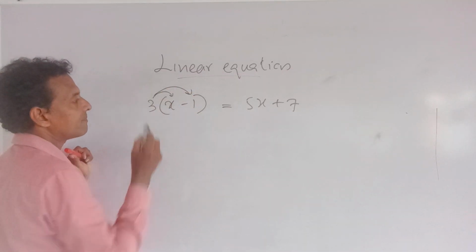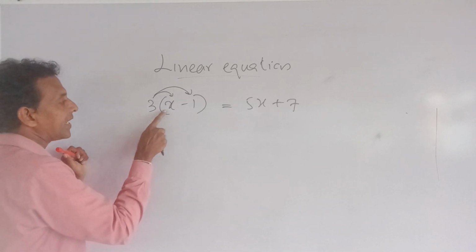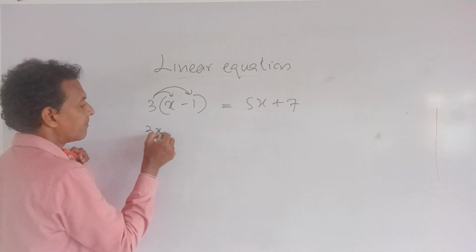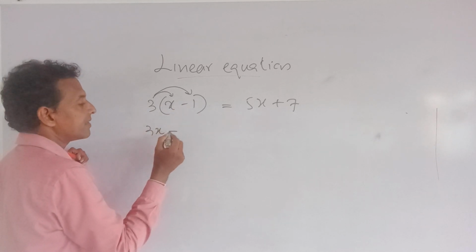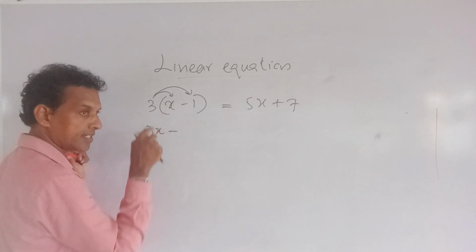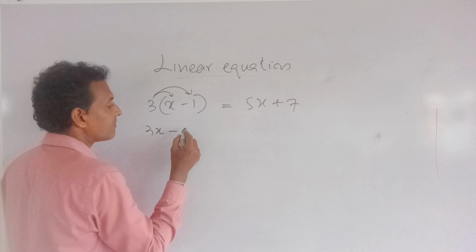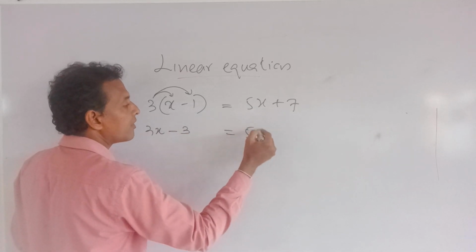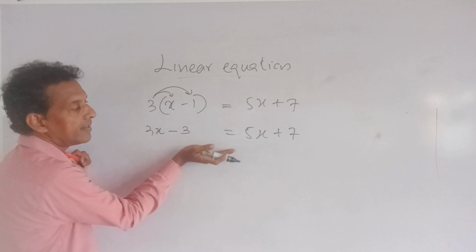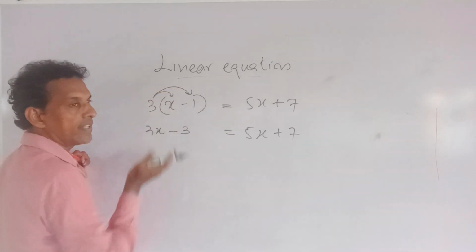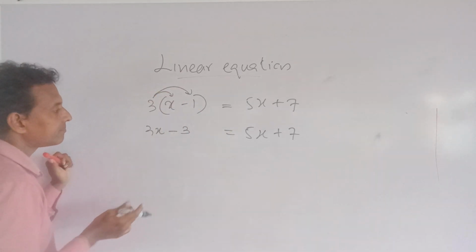Multiply both terms, right? So 3 times x is 3x. 3 into minus, so plus into minus is minus. When you multiply plus and minus, the answer is minus. 3 times 1 is 3. Equals 5x plus 7. Now from here, as we saw in the first example,